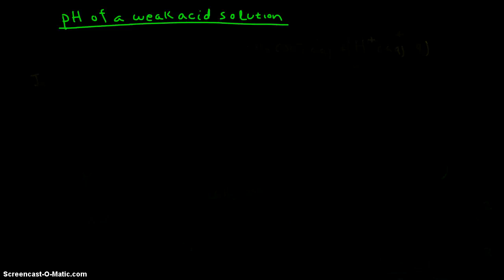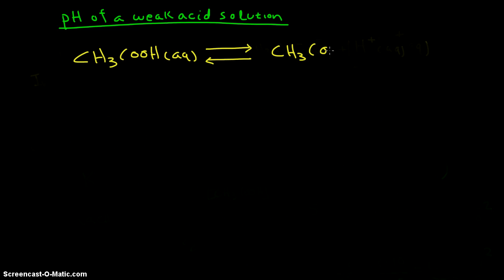Now let's see what happens when you have to calculate the pH of a weak acid instead of a strong acid. Let's take, for example, the acetic acid. In aqueous solution, as this is a weak acid, you will get the acetate ion in aqueous state and the hydrogen proton. Let's pick an amount, let's say 0.2 molar. Let us form the ICE